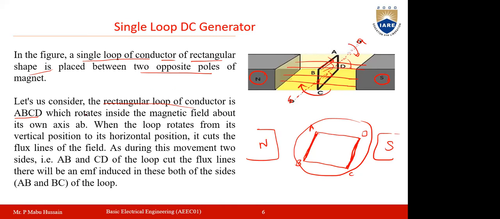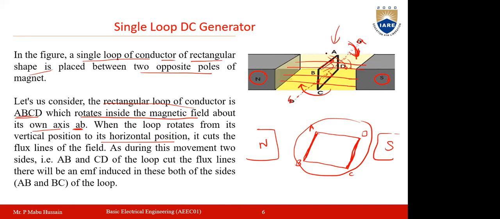So this ABCD coil will rotate inside the magnetic field about its own axis, which is the axis AB. Now when the loop rotates from its vertical position to its horizontal position, so now it is in vertical position, and after 90 degrees, it will be horizontal. If it is moving in clockwise direction, after 90 degrees rotation, this will come parallel to